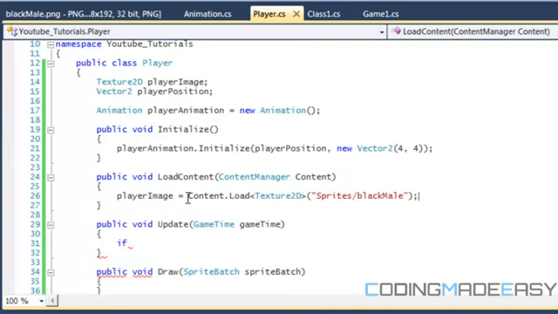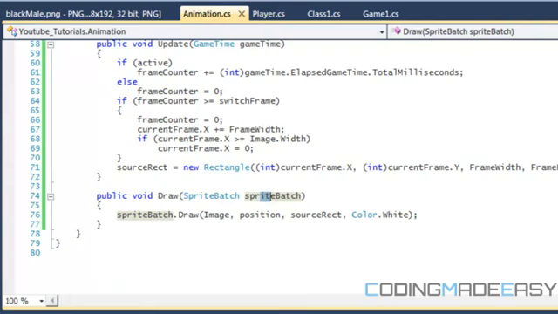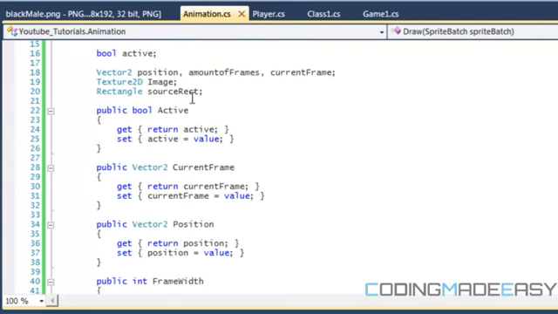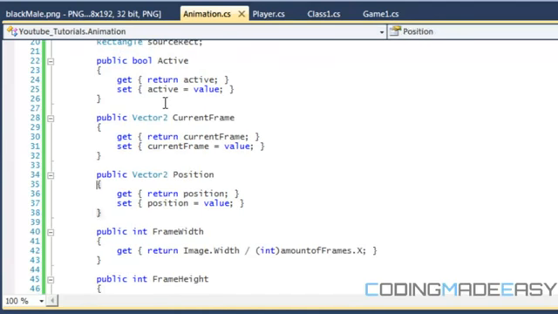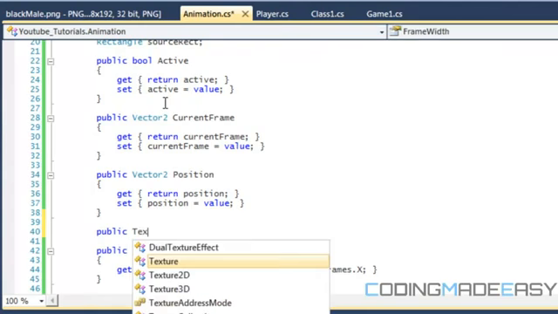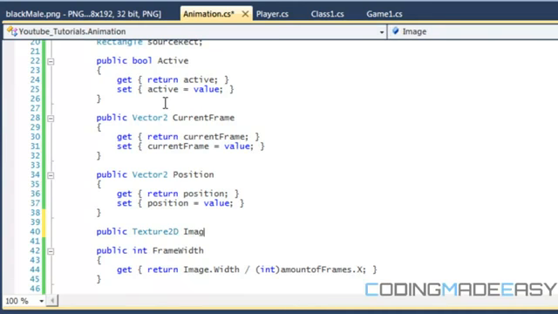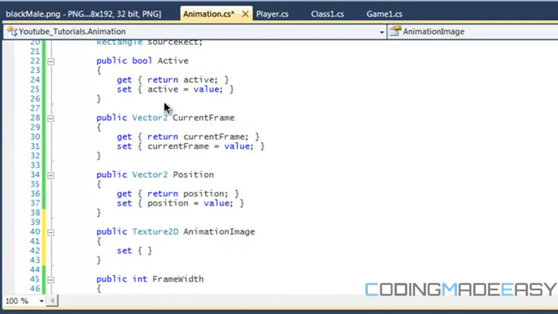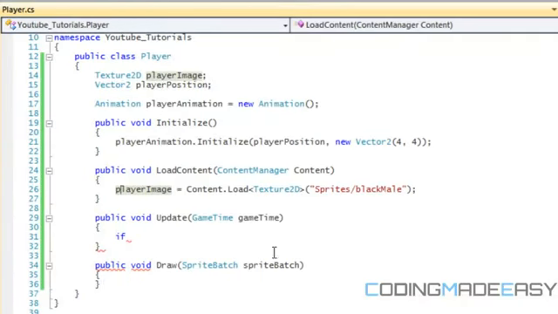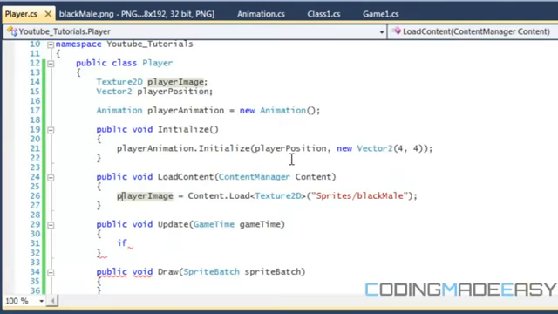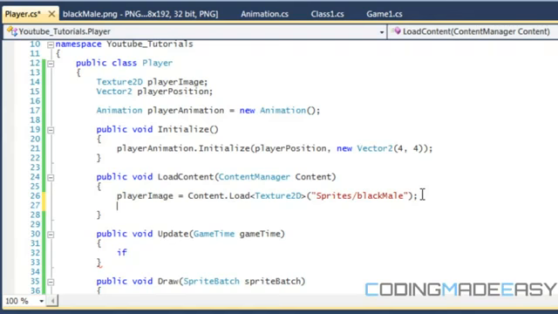initialized. So for our load content, we load our player image, but we have to in turn get our image into the player and into the animation class. So there's many ways we could do this. We could either make a load content method, or we can create another property called image, or animation image, and we'll put a set property because that's all we need to do, and we'll put image is equal to value. So if we go back to player,